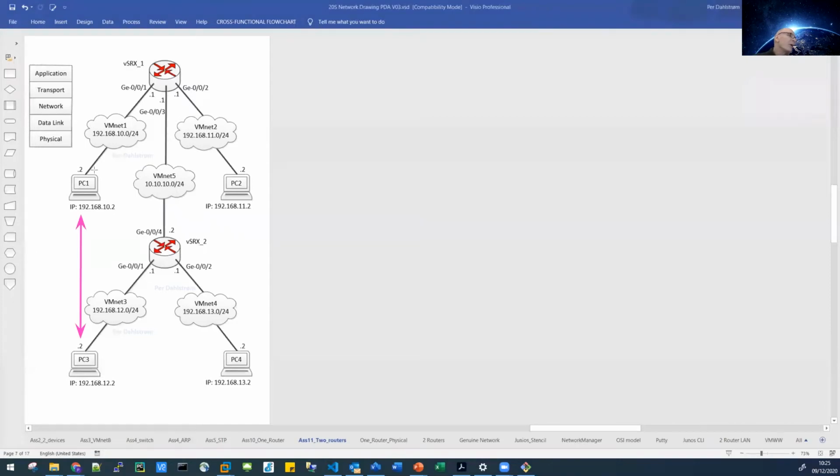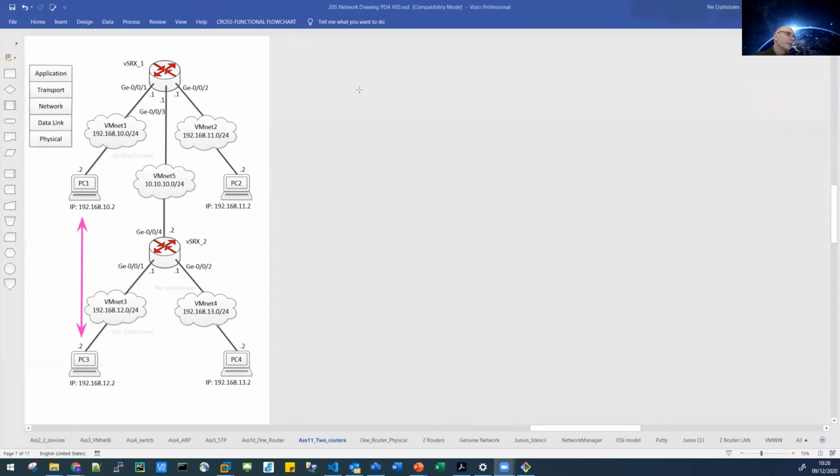And that means that our ping would travel from PC1 to VSRX1, from VSRX1 to VSRX2, from VSRX2 to PC3. The ping reply would go from PC3 to VSRX2, from VSRX2 to VSRX1, and finally end up over at the PC1. That would be the ping reply. So this would be an end-to-end test of our network. If this end-to-end ping doesn't work, we could break that down into separate pings, and that is what I'm going